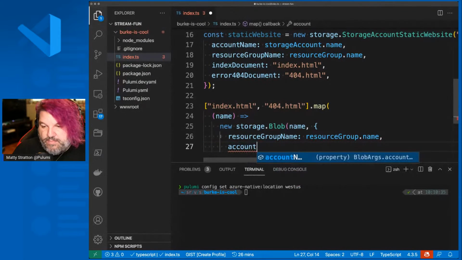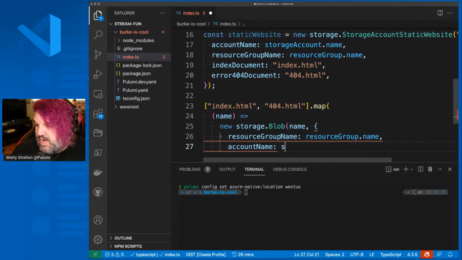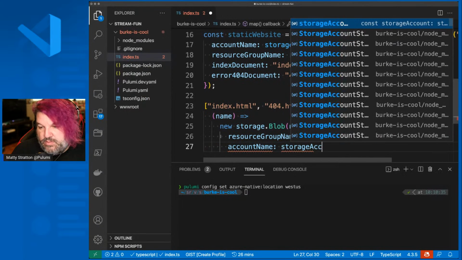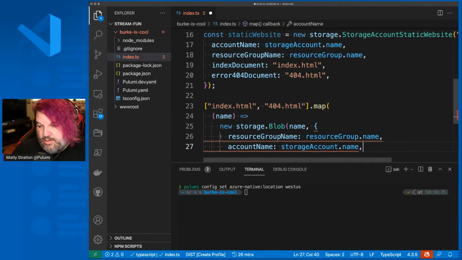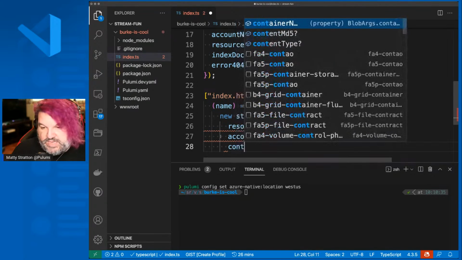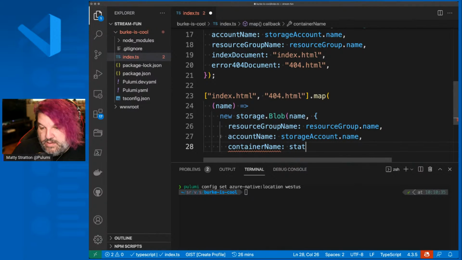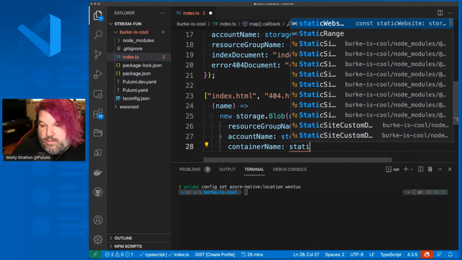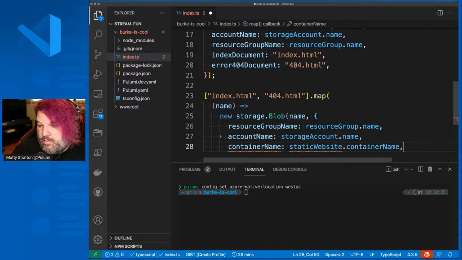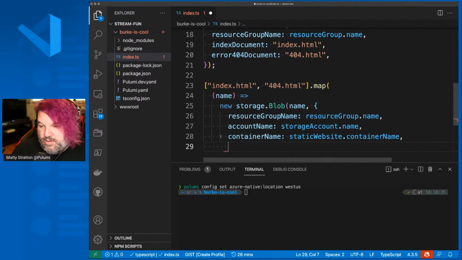The account name is the storage account name. The container is going to be the container name of that static website that we created. There you go, container name.